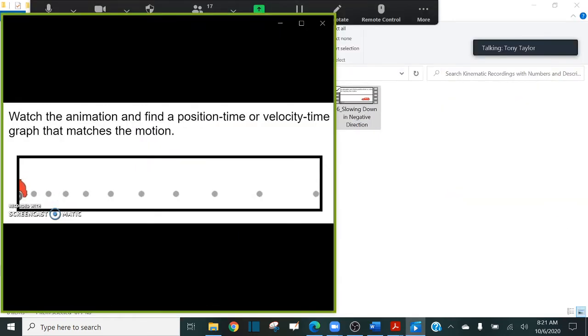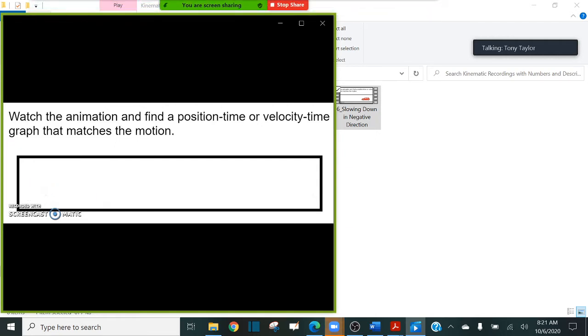So I want you guys to look at this motion map here. As you look at this motion map, you should notice two things. The first thing you should notice,